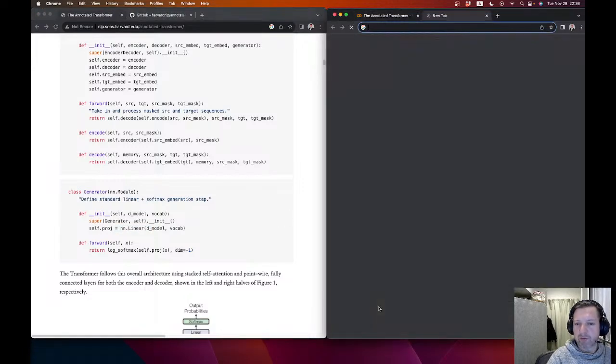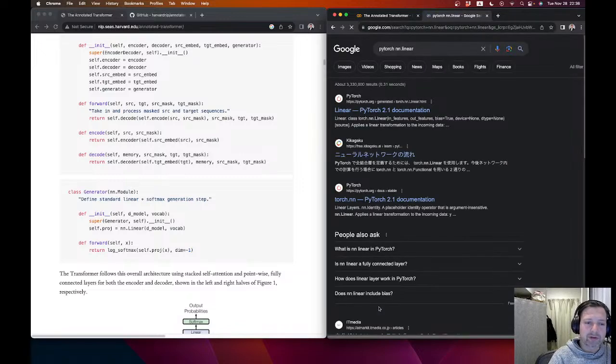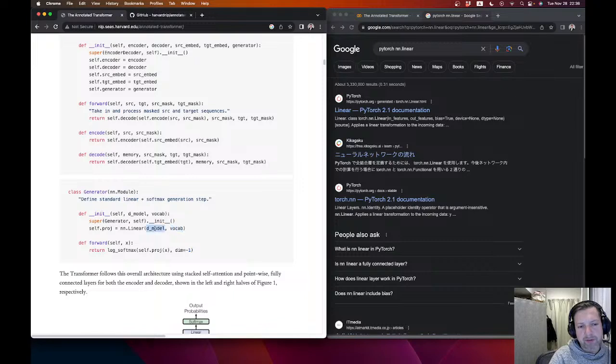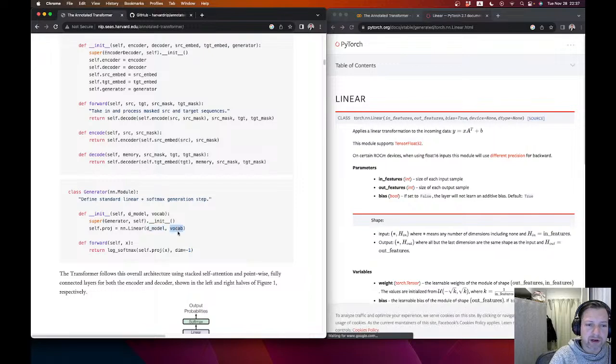I'm also not super familiar with PyTorch notation, but this is just a linear layer, which I'm guessing takes an input dimension and maybe an output dimension. Or maybe this is like layers, let's see, in features, out features here. So it takes in a defined dimension of input nodes, and then